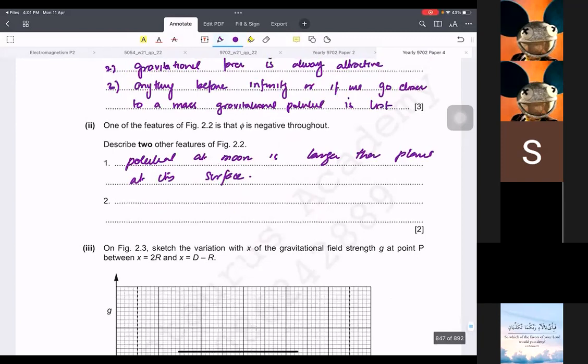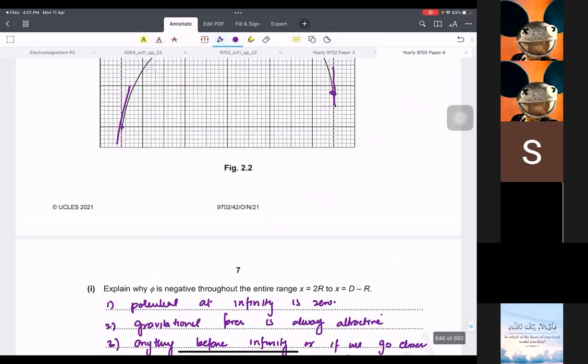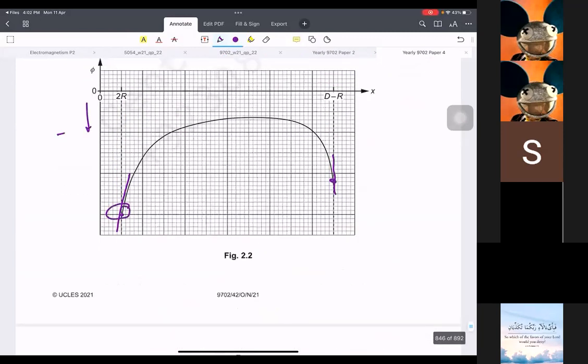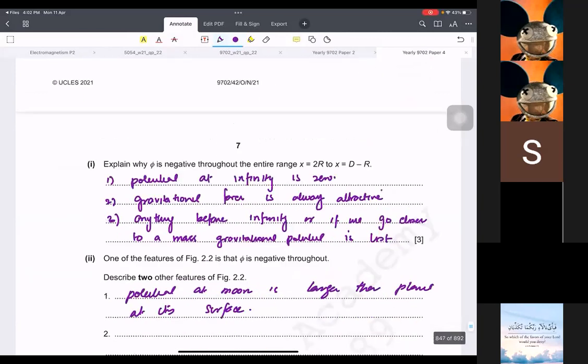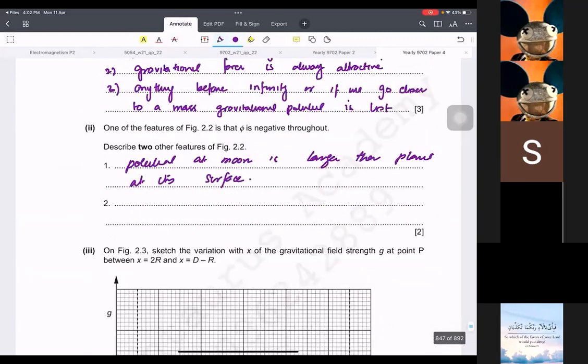And then you could always say that if you look at it here, the tangent is less steep than that. So we could always say that the gravitational field strength, hello,